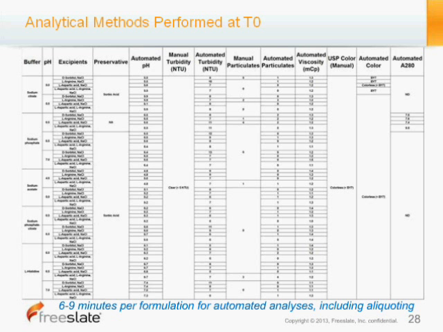We also had manual and automated turbidity to look at the samples as they came out of being formulated. I performed manual particulate analysis and compared that to automated particulate analysis. And then automated viscometry was performed, and color was performed, and also automated A280s. So from this, we can basically see that the automated and manual methods more or less corroborate each